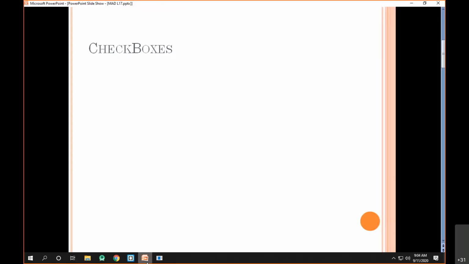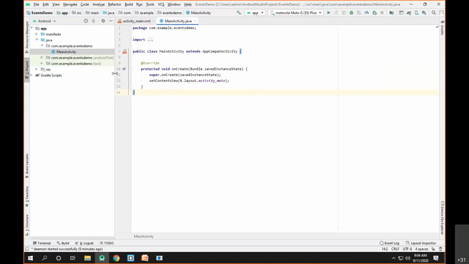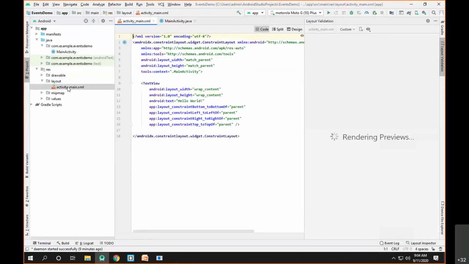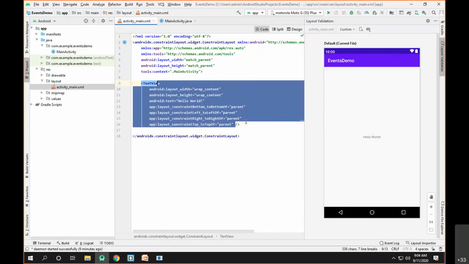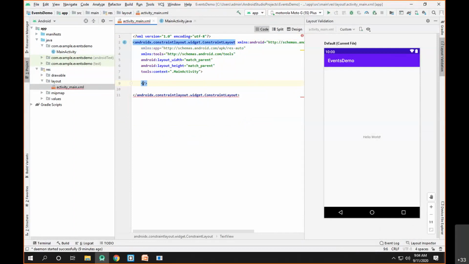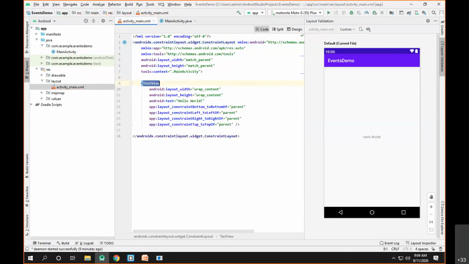In Android Studio, we'll start with a simple example first, and then we'll code a more complex example. Let's try a single checkbox. For that we need an XML element of type checkbox inside our XML layout. Like the text view, with the corresponding element, that is called a checkbox.